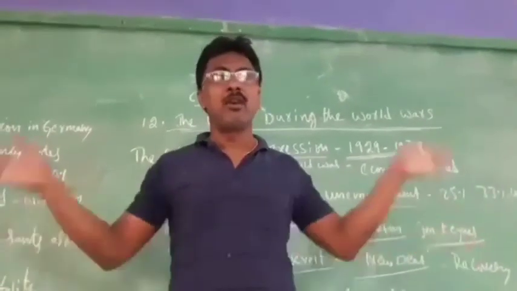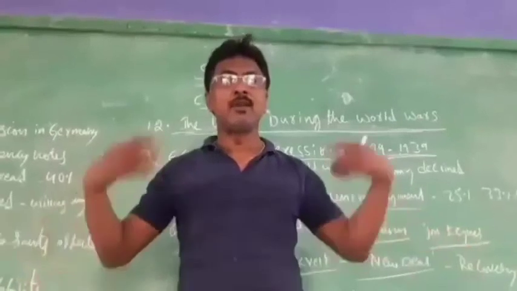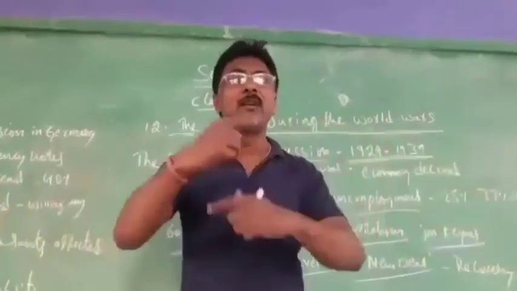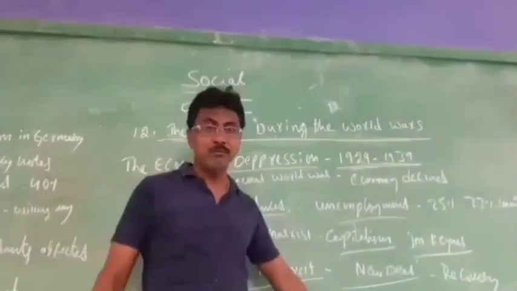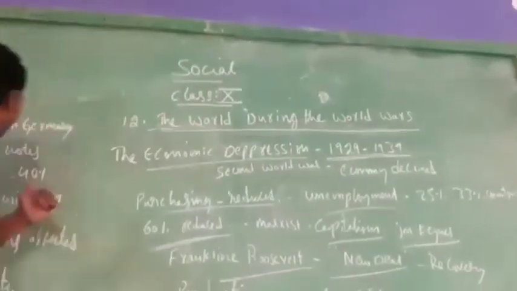So now what happened? The government invested some funds. They gave money for employees and everything, and the economic cycle was rotated and the rotation started. That is about this one. Okay, that is about economic depression. And next I am going to tell you.